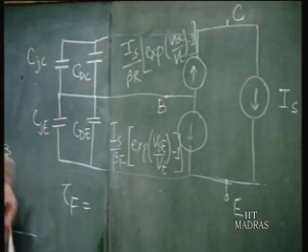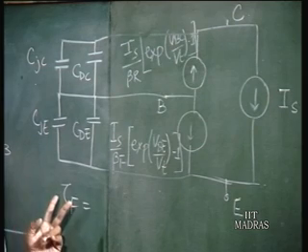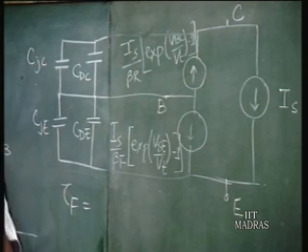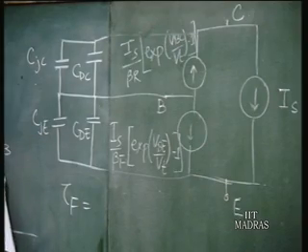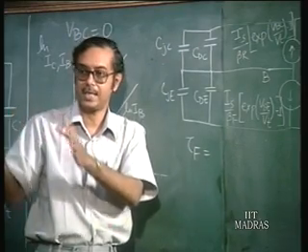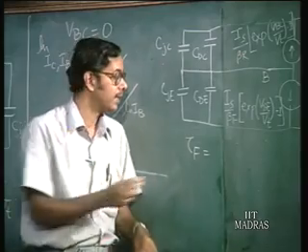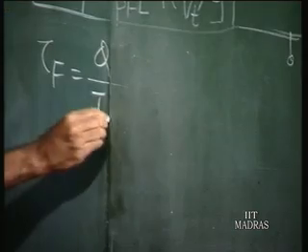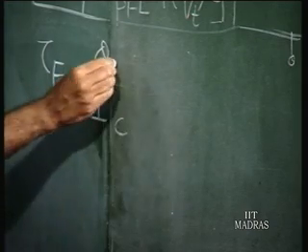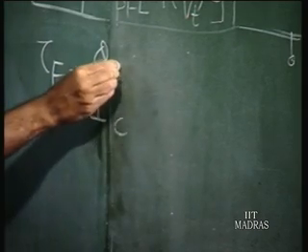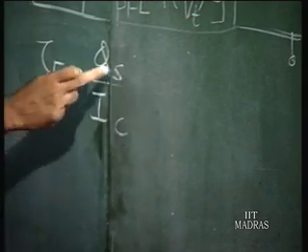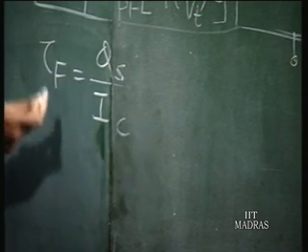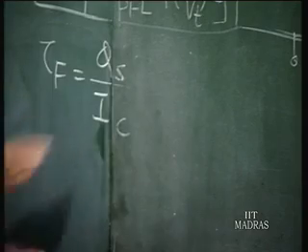So when you define the tau f, which is the forward transit time, it is for VBC equal to 0. So you don't have the charges due to the base collector junction. So the forward transit time is the stored charge by the collector current,